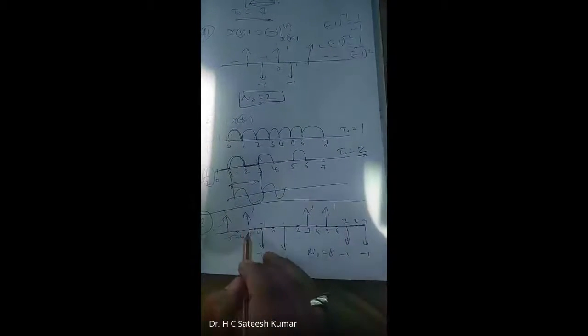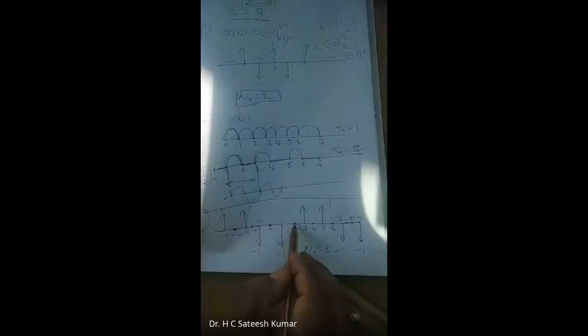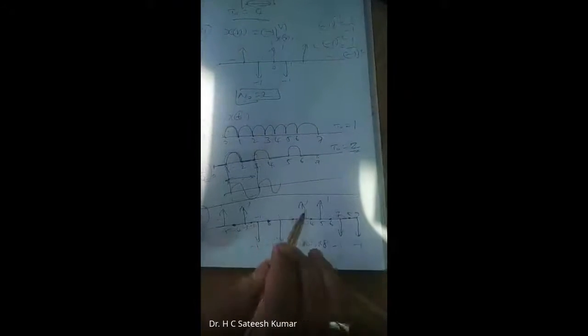So I'll start from this point. You count up to this point. This one you should not. 1, 2, 3, 4, 5, 6, 7, 8. This one should not be repeated. You can start from this point, no problem. So wherever you start, count the number of elements, and if the same thing is repeating, then it is periodic. So therefore, until that point, n naught is equal to 8. You can check it out. This kind of problem we have seen in the examination, and we should do some of these problems.